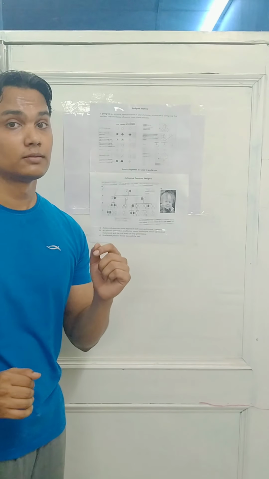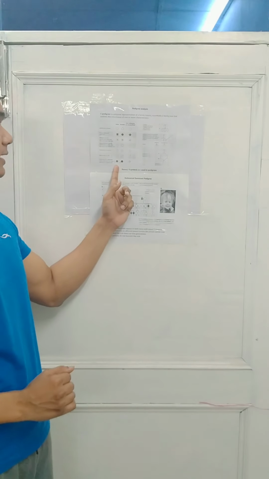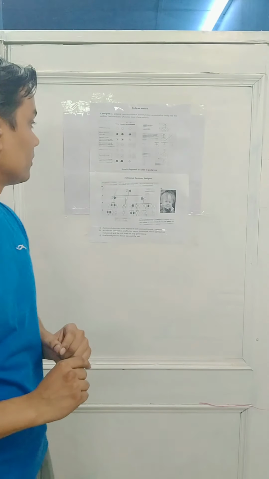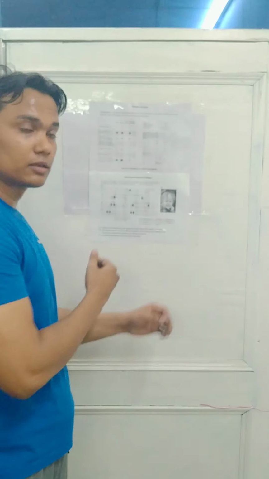Now, in a pedigree tree, sometimes we find that at one level there is no disease, and at the second level suddenly a member of the family shows a disease. At the third level, the fourth level, and subsequent levels, diseased individuals are observed. The first individual identified as the diseased carrying individual is called a proband, which is the first symptomatic carrier.